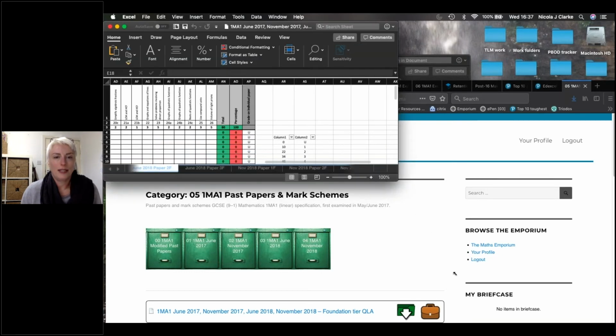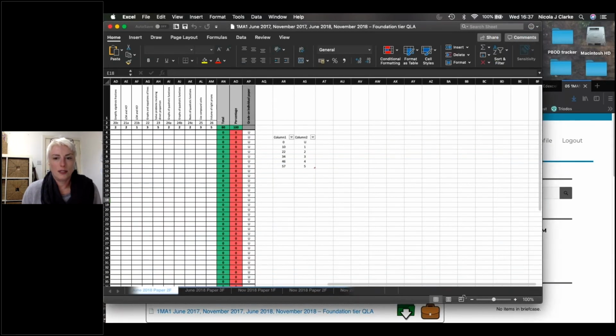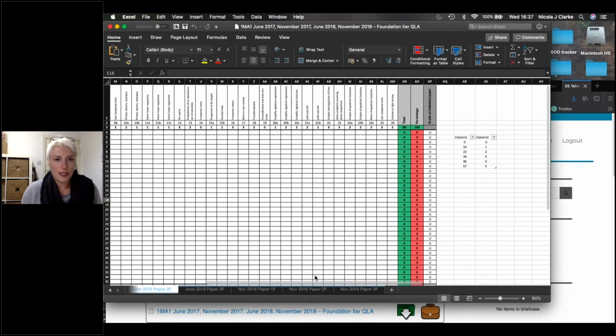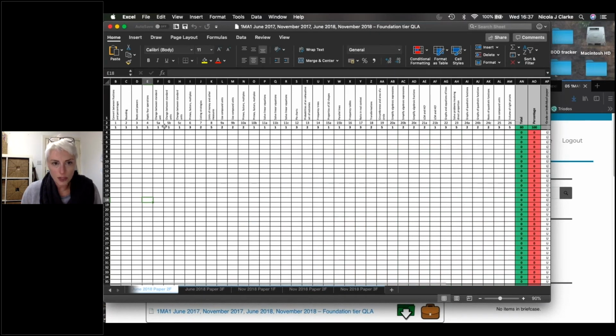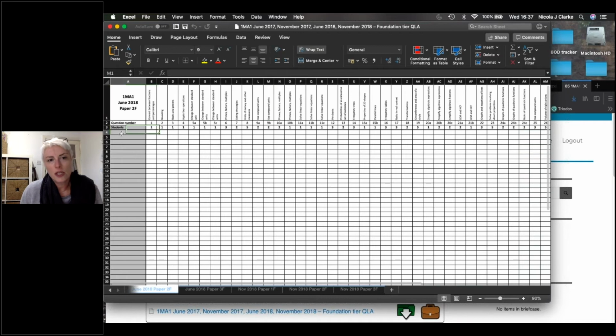Yeah. So it's pre-populated in terms of each individual question and its parts. This is the specification information, and then you can enter each learner and their scores. Now, again, I always thought that was quite time consuming, but actually once the marking's done, it doesn't take very long to do, and it's really, really helpful in terms of